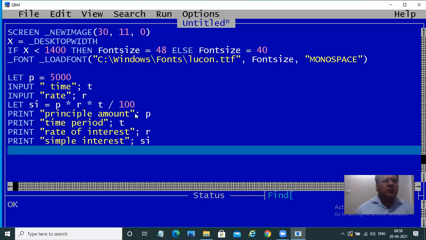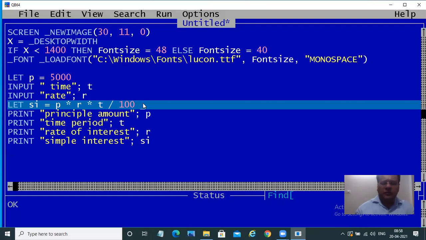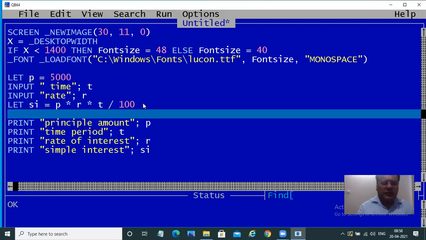So for total amount, once we get the simple interest, we'll add it to the P. So we'll insert over here, let A for amount.